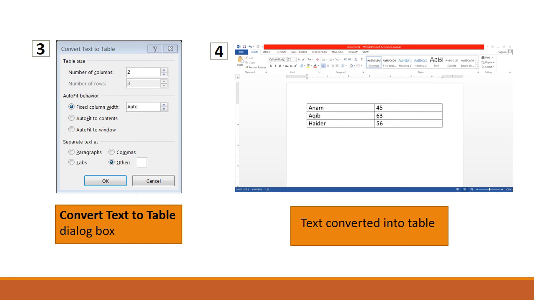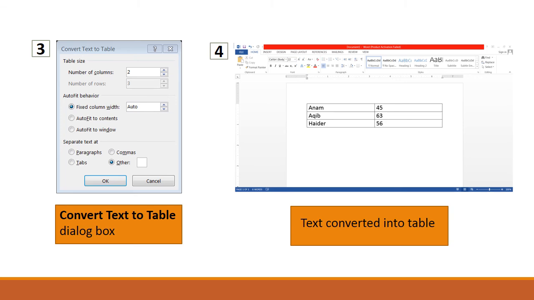because we separate our data with a space while writing it. No paragraph, no comma, no tabs. We actually separate our data by space bar, by giving space between the words.